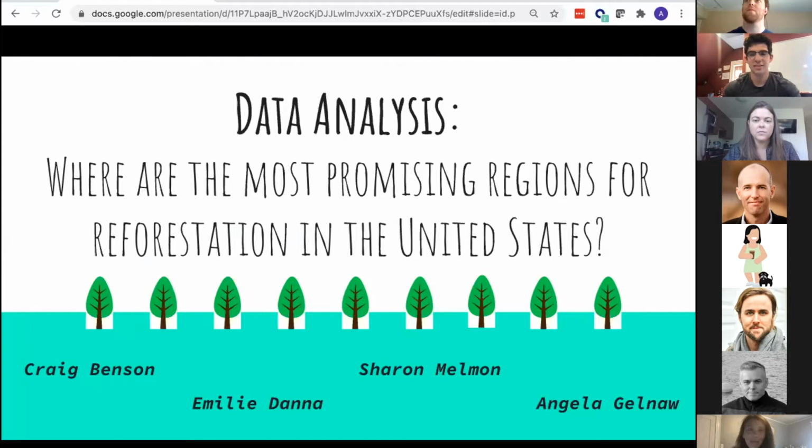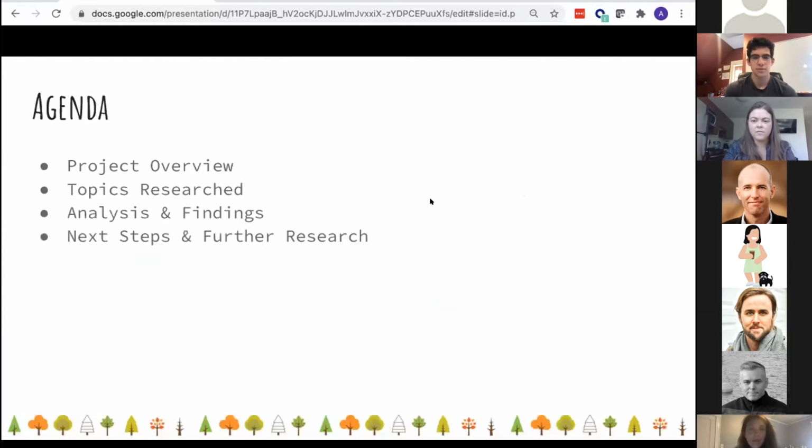So this project was, we looked at a big set of data by the Nature Conservancy, and it was really to look at that data, see what other data you can combine with it, and try to identify what the most promising regions are in the US, specifically around reforestation. So we'll do a quick overview of the project, look at some of the things that we researched, and then go through analysis findings. And then if we had more time, what we think we could do or would want to do